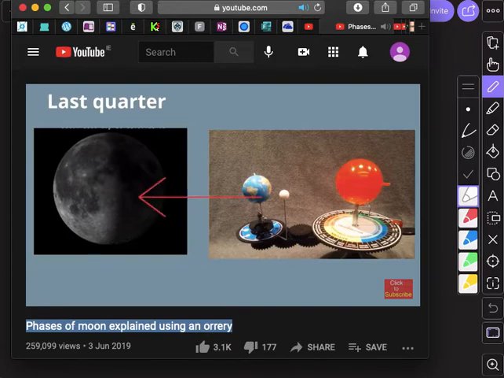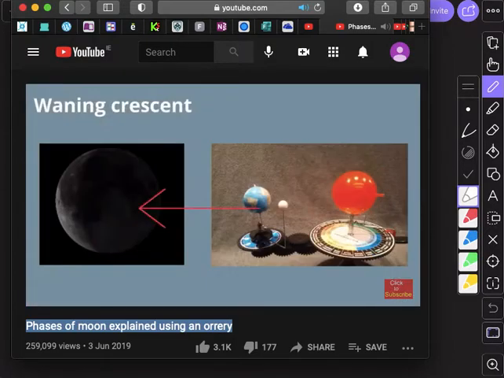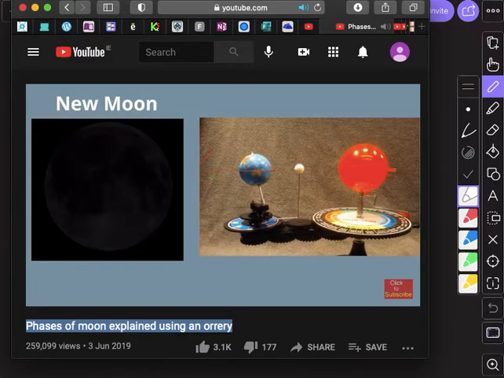After roughly 24 days, the moon is now at waning crescent. Remember, waning means the light is getting smaller. And the sun, earth, and moon alignment looks like this. And finally, after roughly 27 days, the moon is now back at new moon, and the lunar cycle will start over again. If you'd like to know more about the phases of the moon,